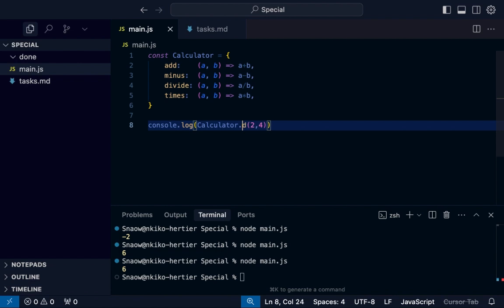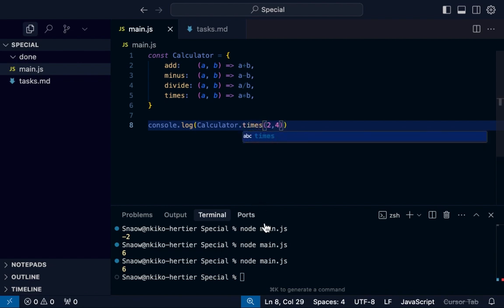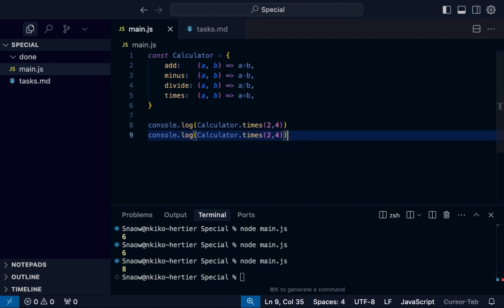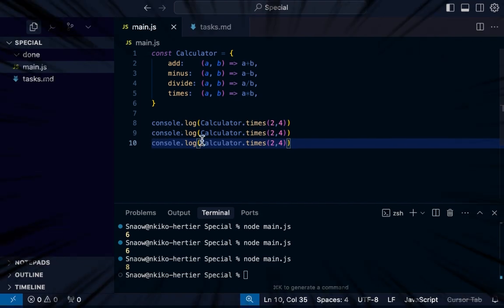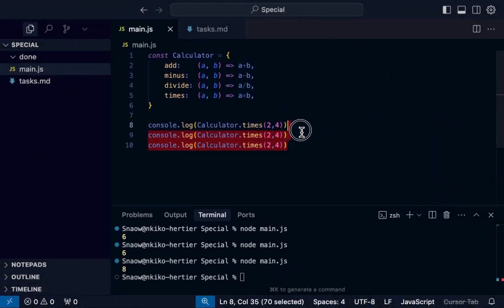So if we use times, the result is still perfect. The result is 8. 2 times 4 is 8. But guys, you may be telling me that we always need to be typing this word calculator, which makes our code even longer this time. But I'm gonna share a trick that you're gonna use to just get rid of